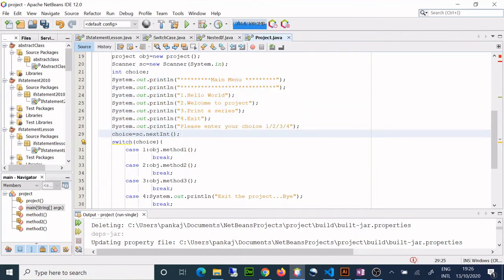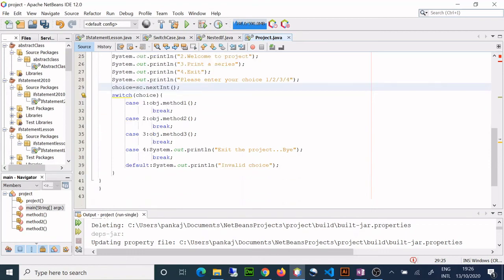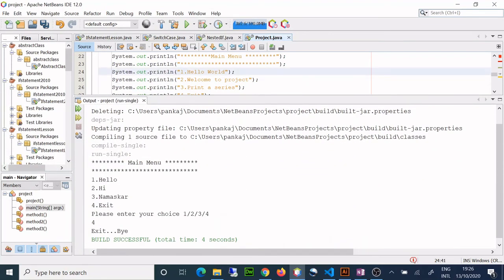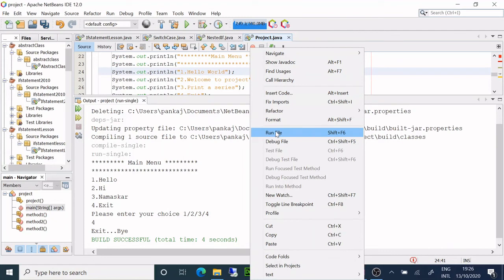Okay, choices. So it will ask you to input a choice. If you input 1, it will run the first program method. If you input 2, it runs the second method. Input 3, third, and input 4, it will exit. Okay, so that's done, right? And switch case I am using here. So let us see how it looks. I say run.